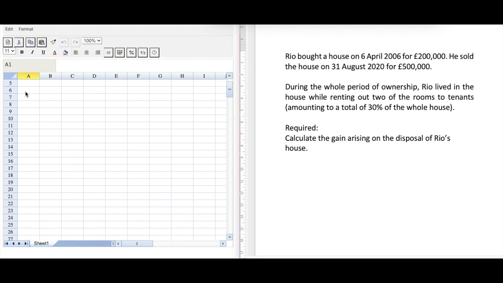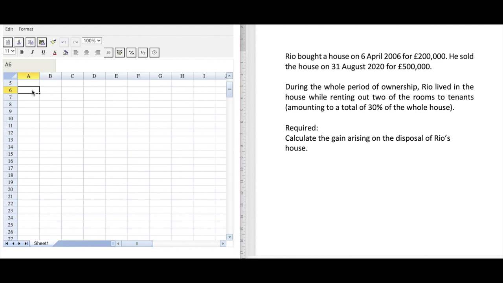So I'm going to use the spreadsheet function in the practice area. This is just the practice area in the practice platform where you get a blank practice area, and it's really useful to use this if you're practicing any questions that you have access to, even if you were using paper questions, because you want to be practicing on the software that you're going to be using in the exam. So you could sit with your paper question beside you and put your answer into the actual practice platform. I really recommend you do this. So I'm going to do this to show you how I would lay it out.